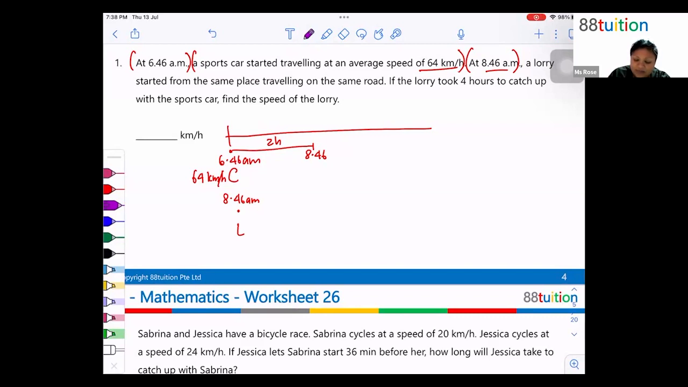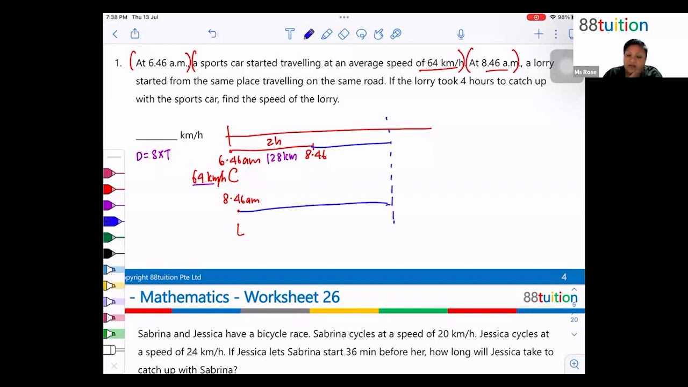So to find the distance in 2 hours will be equal to speed times time. So if the speed is 64 times 2 hours, this is 128 kilometers. That means in 2 hours, while the lorry started, the car has already traveled, yes, Hannah, 128 kilometers. Now, so the lorry started, and as the car continues and the lorry continues, at some point